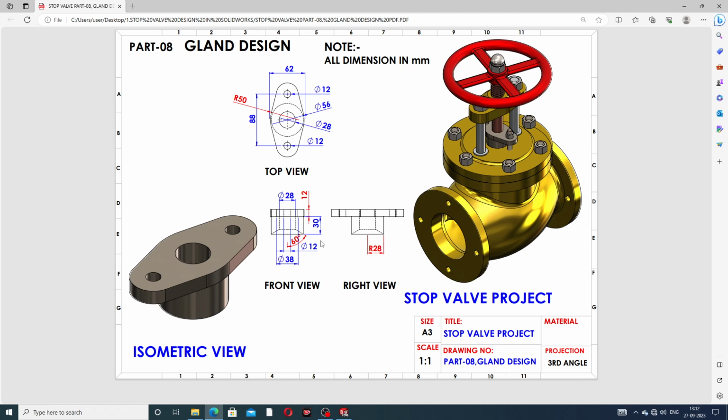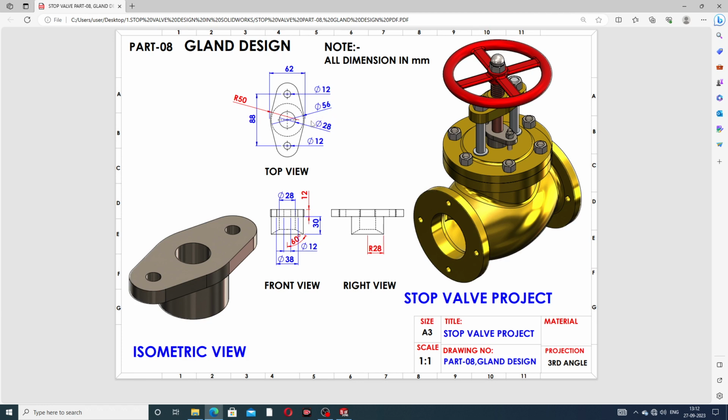This 12 millimeter and this 12 millimeter are the same, and this length is 38 millimeter, and this is 28 millimeter diameter. The full length is 88 millimeter, and this length is 62 millimeter.